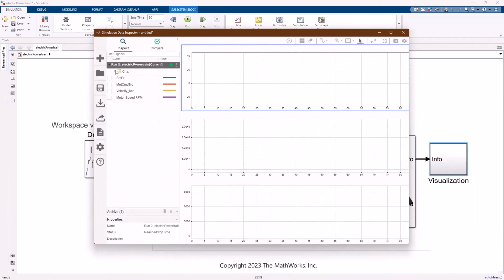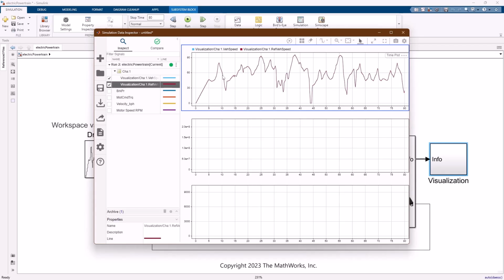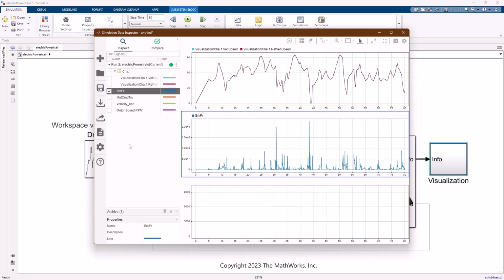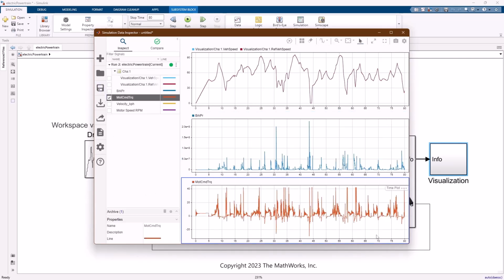Once we run our simulation, we can look at our reference vehicle speed and our actual vehicle speed next to each other, as well as how much braking pressure was applied, as well as the motor torque produced. Now, what we might want to look at based on this is how much energy we dissipated over the course of a lap from our battery, so that we can determine how much onboard energy we really need given our current vehicle parameters to complete something like an endurance event.